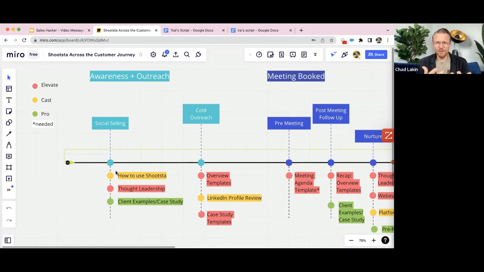Now, again, I'm going to show you guys what we do and how we break that down with our different products as well. So that's what you're seeing here. And really to give you an overview, when I have these labels around the types of products, if it says Elevate, that's going to be your personalized sales videos, that type of tool. Cast is screen capture videos, lots of tools in that space, whatever you're using. And then Pro is our internal service for creating one-off videos with our production team. So if you've got a videographer, an editor, and you're making your own videos, that's what that green marker is for, something that's kind of a one and done type of video.